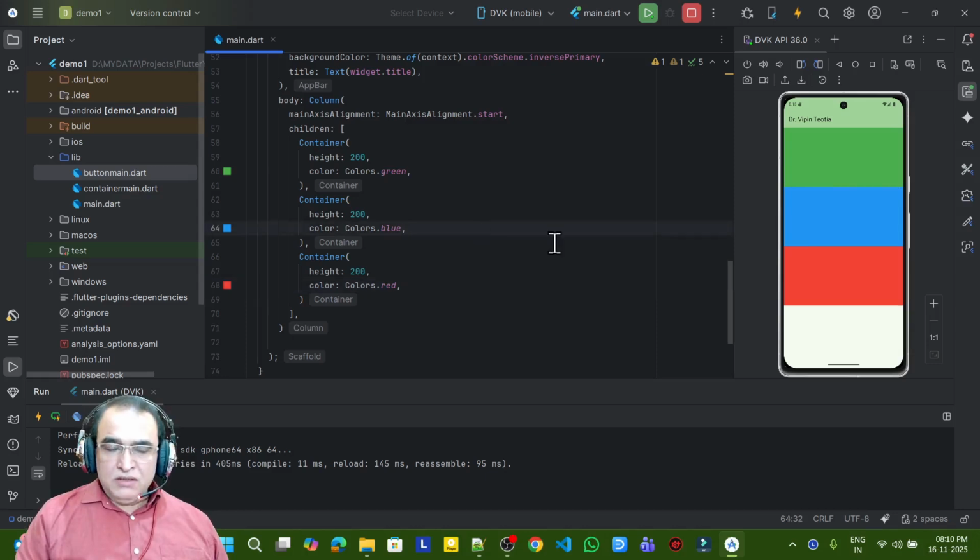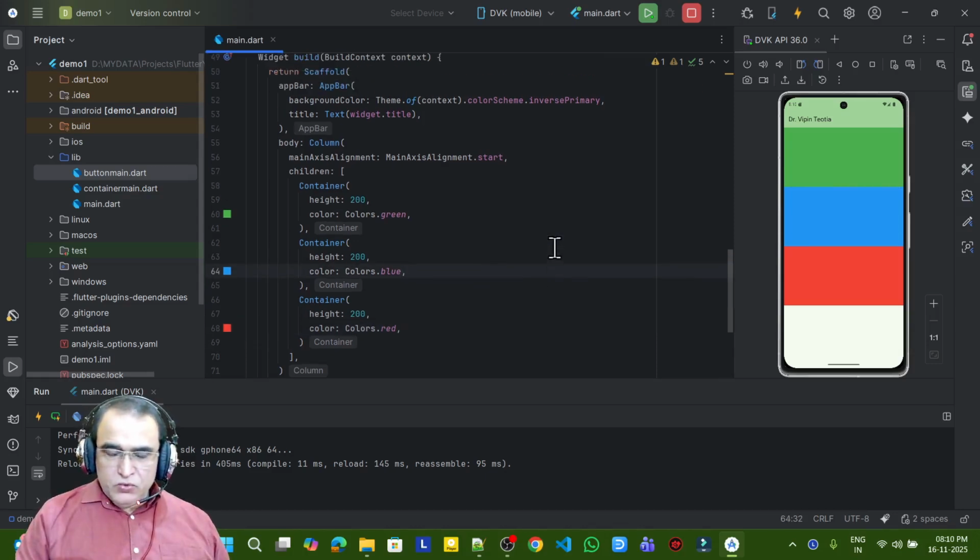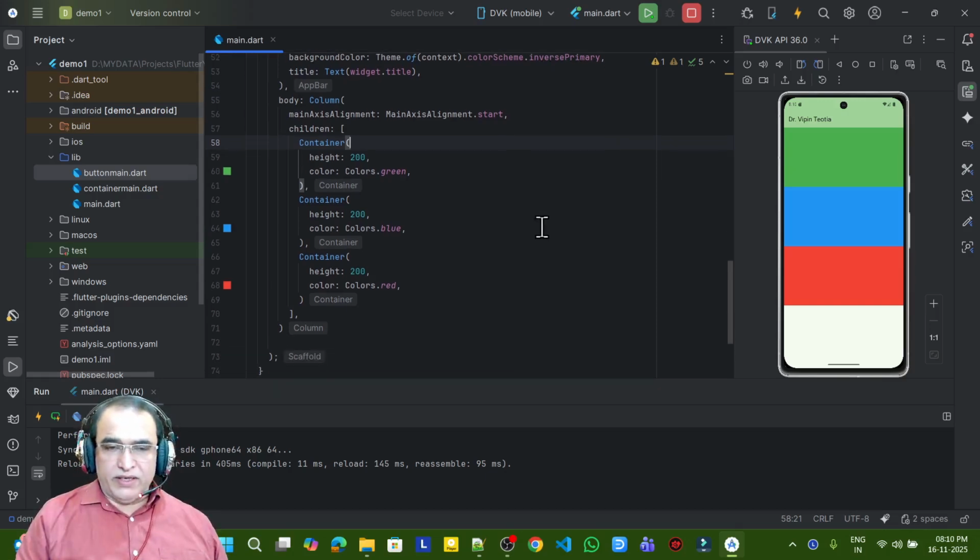So to fill the extra gap, or you can say to extend the size of a particular widget, or to assign extra customization to the widgets, we have 3 kinds of widgets: Expanded, Flexible, and Spacer. How we can use these 3 and what the differences between them are, that we are going to understand. Suppose in these 3 container widgets, this widget may be a button, this widget may be anything. I'm just giving an example with containers because I can show the color here and you can easily visualize